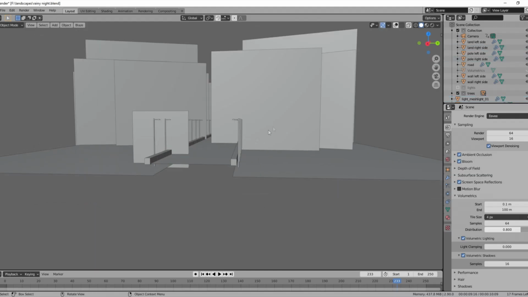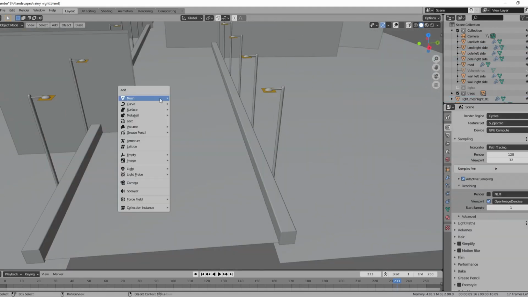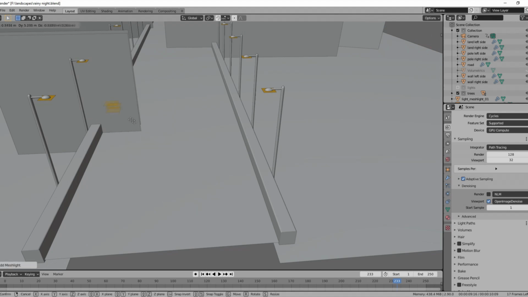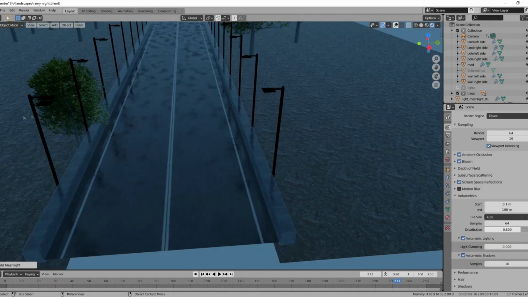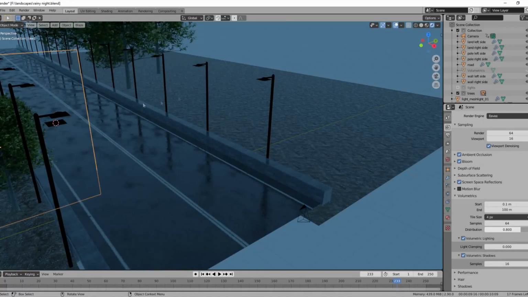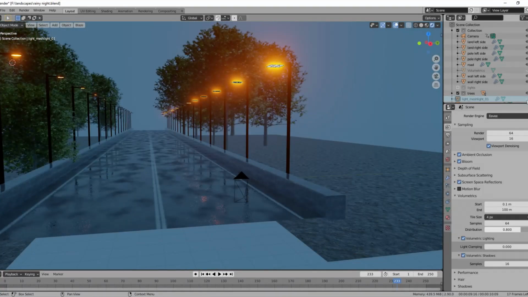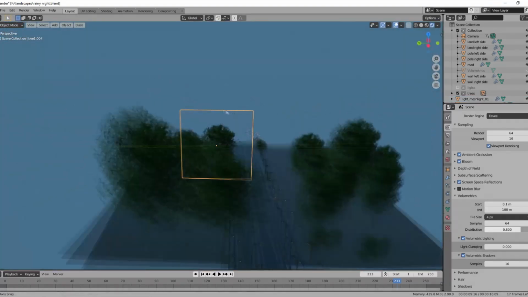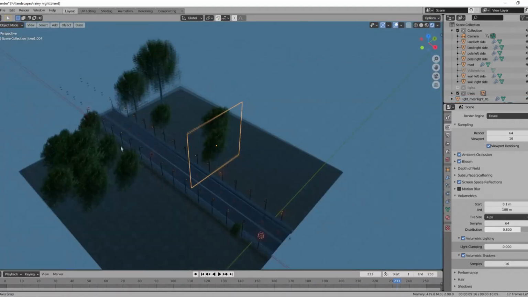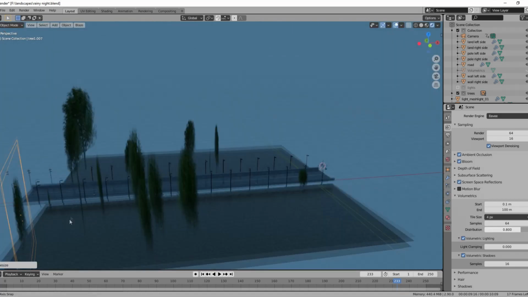For the trees, I have loaded some image textures using images as planes. You can get some of them for free. Just Google trees with transparent background and you will find a couple of good looking trees. Just download them and import them to the Blender. The image planes are more optimized for rendering in comparison to trees itself. If you are going to place real trees instead, that will increase your render time very much.